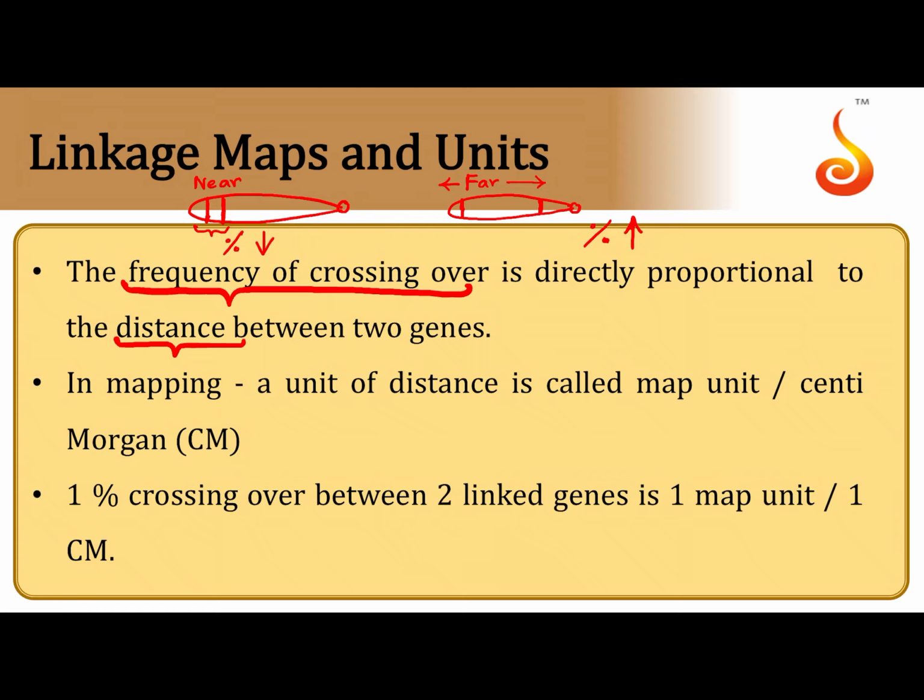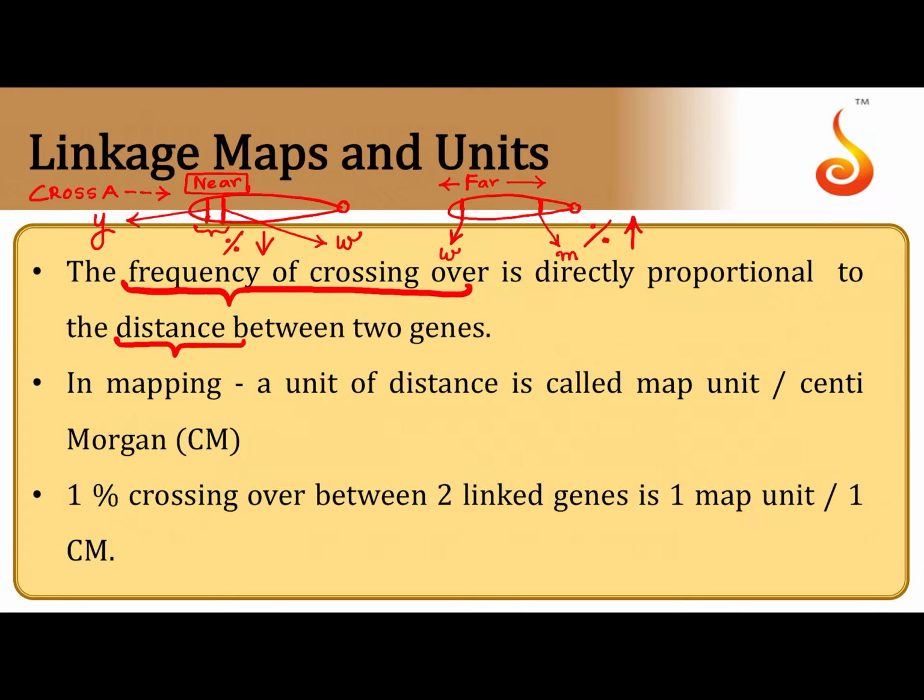If you all remember an example for a case where two genes were present very close to each other, it was, for example, a gene that was controlling the body color of yellow and a gene that controls the eye color of white. And this was dealt with in Morgan's cross A. He encountered such a phenomenon in his cross A. And what about when two genes are present very far away from each other? For example, a gene that is controlling white eyes and the gene that is responsible for very small wings, that is miniature wings.